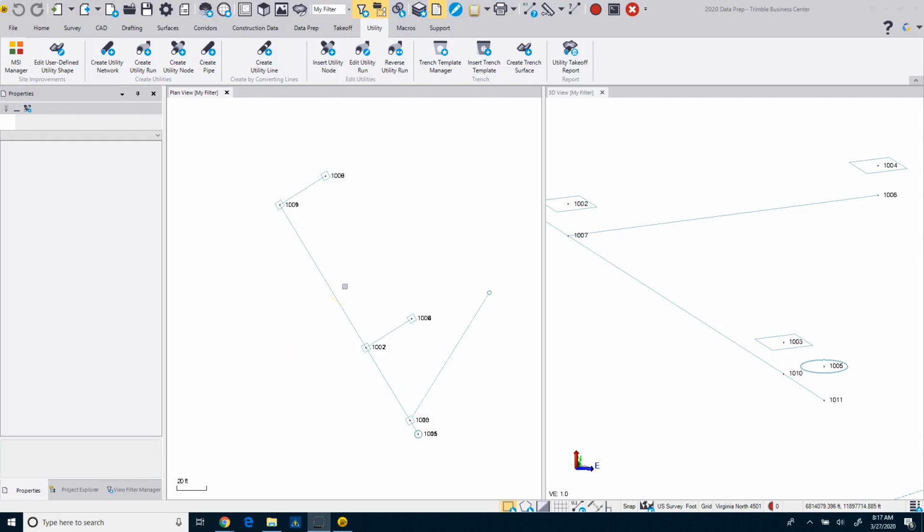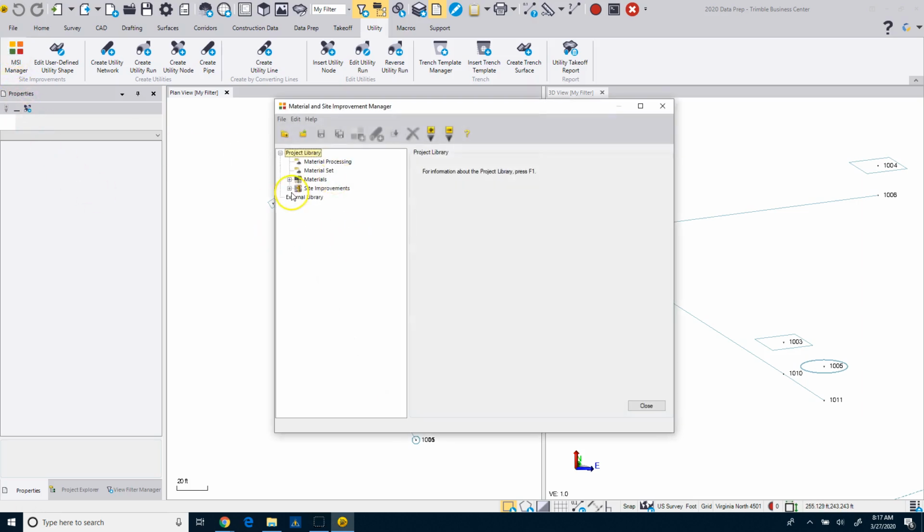All right, so what I'm going to show you now is I'm actually going to convert this utility line into a 3D utility network using the utility module and the utility parts and pipes. So the first thing you need to do is I'm going to go to the MSI manager and I'm going